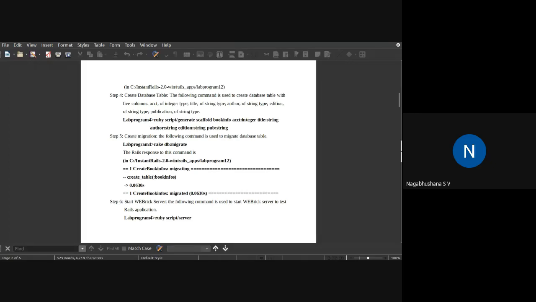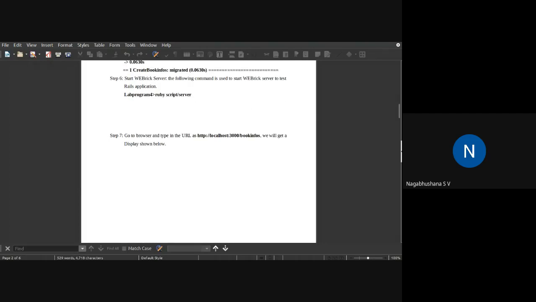How do you run your server? The server used in Rails is WEBrick. So to run the server, we type the command ruby script/server.